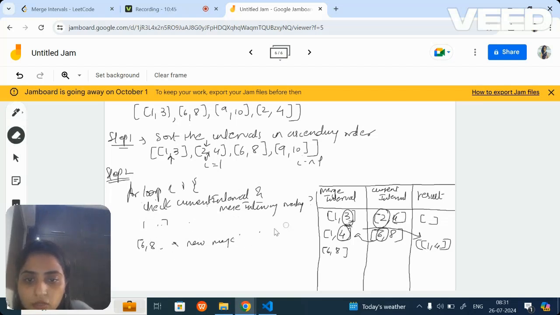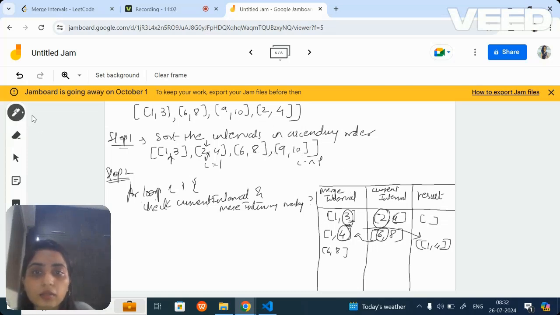After we do this, let's go to the next iteration. What is the current interval now? 9 comma 10. So we will go to 9 comma 10. Now check once again. Is there anything common?